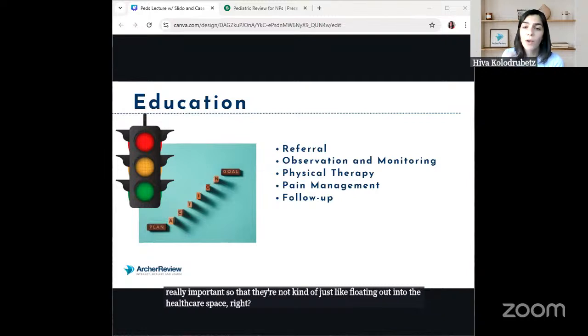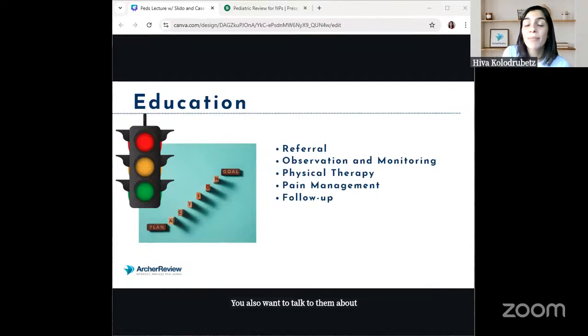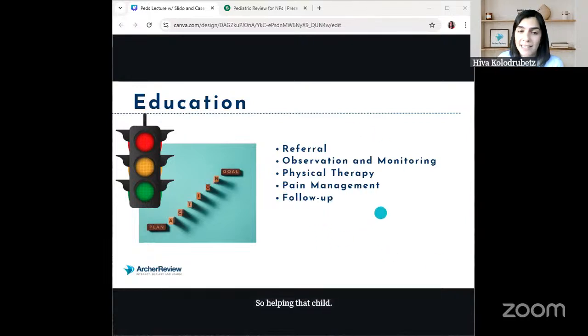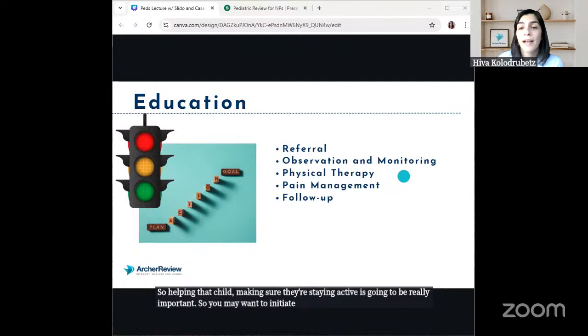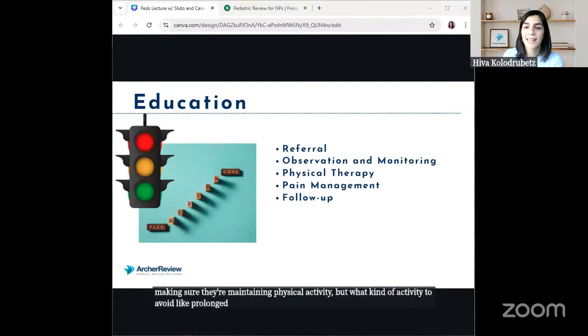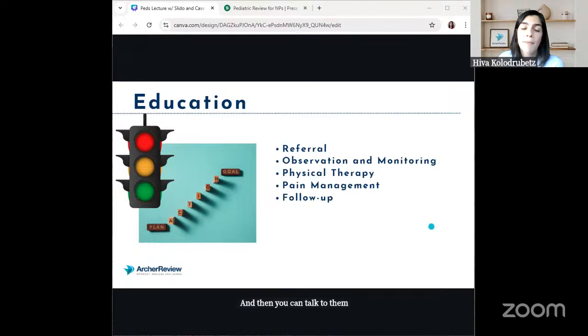You also want to talk to them about their chief complaint. They came in talking about mid-back pain. So helping that child, making sure they're staying active is going to be really important. So you may want to initiate that physical therapy referral at the same time, right? And help them with their core strength, their postural exercises, also with pain management, and then also discuss the importance of making sure they're maintaining physical activity, but what kind of activity to avoid, like prolonged sitting or prolonged standing, which is what seems to be exacerbating it as well. And then you can talk to them about NSAIDs and how to use NSAIDs also for pain management,